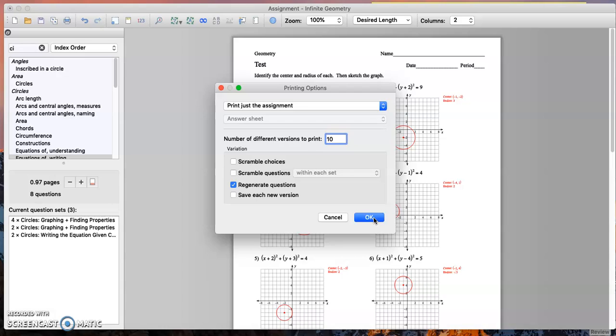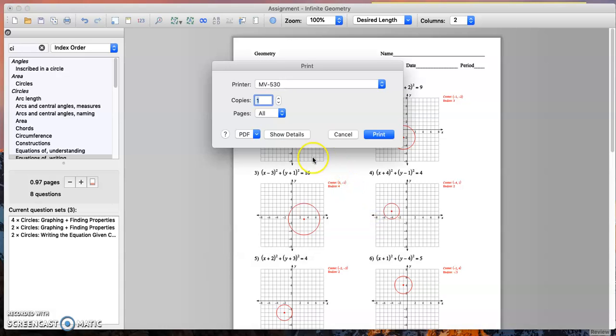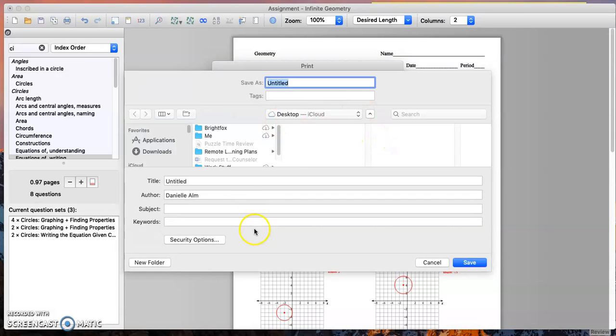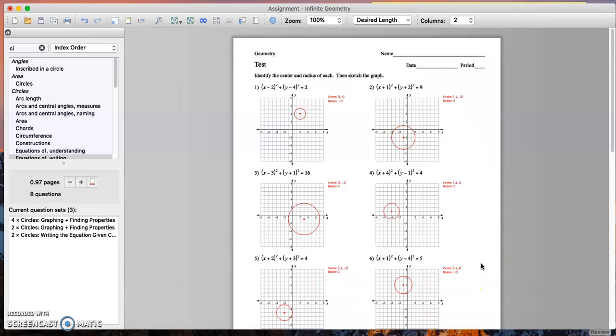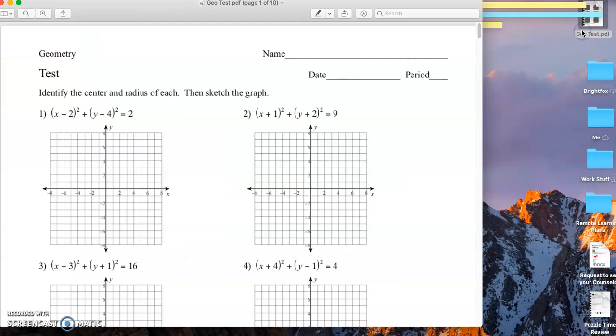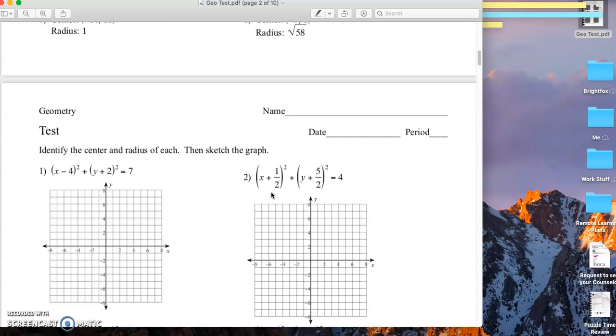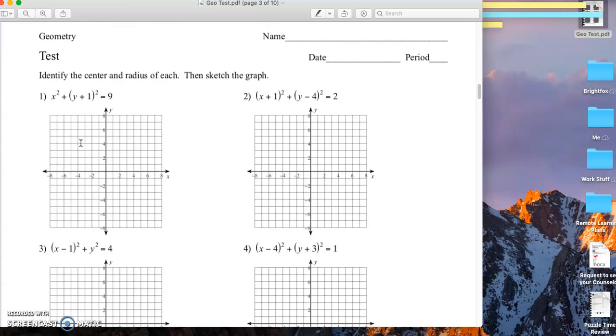So if I click OK, and then I do PDF, save as a PDF, this comes up and I can go geo test. All right, now if I click save, you can see what it's doing right now is regenerating all the different versions. Now, when I save it as a file, it's only going to save this one version. It's not going to save all of them. So when I go to my desktop, here is my test. And as you see, as I scroll down, it's a bunch of different versions of the same test, but